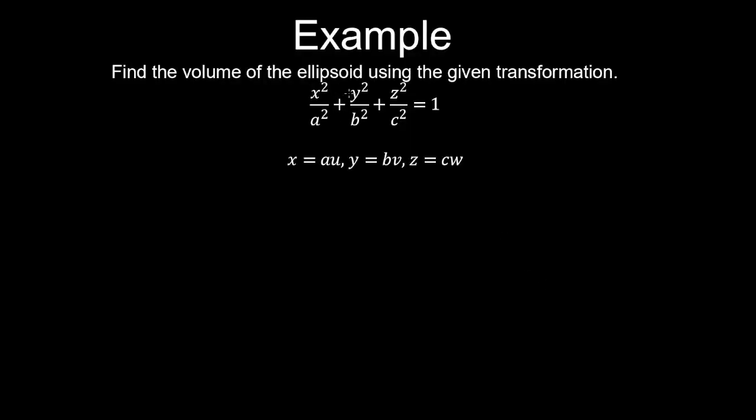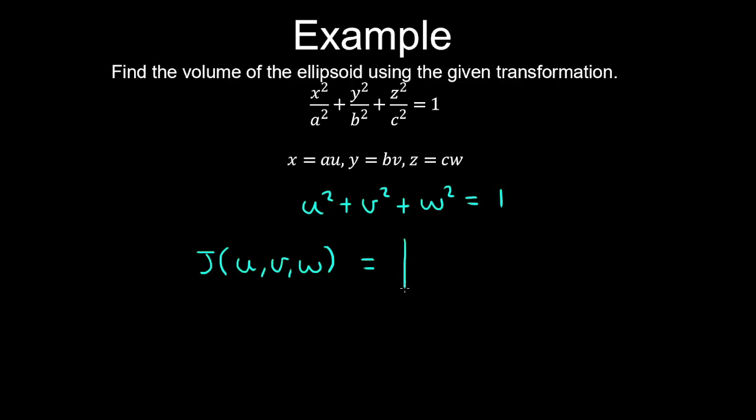Find the volume of the ellipsoid using the given transformation. So if we substitute for x, y and z, we get u squared plus v squared plus w squared is equal to 1. And the Jacobian for our transformation from UVW space to XYZ space is the determinant